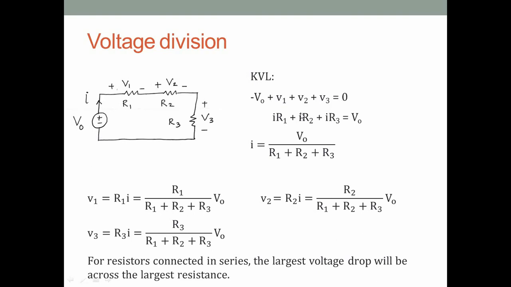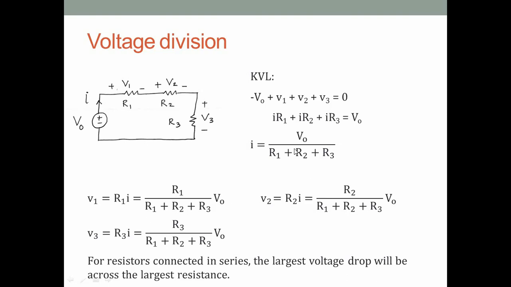And V1 is equal to I times R1, V2 is I times R2, V3 is I times R3. So we get I times (R1 plus R2 plus R3) equal to V0, and so we can find I from this equation. You all know this. From this, I want to find the voltages V1, V2, V3. V1 is I times R1, and we found I, so V1 is R1 by (R1 plus R2 plus R3) into V0. Similarly, V2 is R2 by (R1 plus R2 plus R3) times V0. V3 is R3 divided by (R1 plus R2 plus R3) into V0.